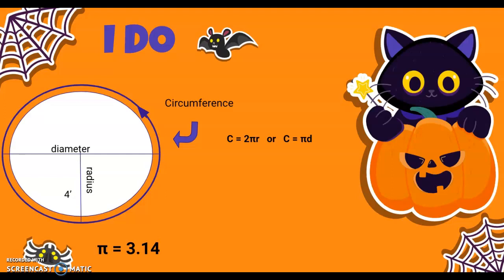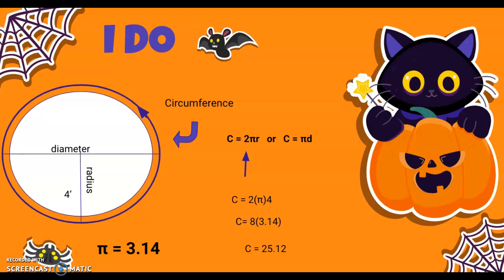For example, let's say that the radius of this circle is 4 feet. Well, we can always use the first one since we are provided the radius, and we can substitute the values for the variables that we already know. So circumference will equal 2 times pi times 4, because we know that the radius is 4. Then we can multiply 2 times 4, which gives us 8, and substitute 3.14 in place of pi. Once we multiply 8 times 3.14, we know that the circumference, or the distance around that circle, will be approximately 25